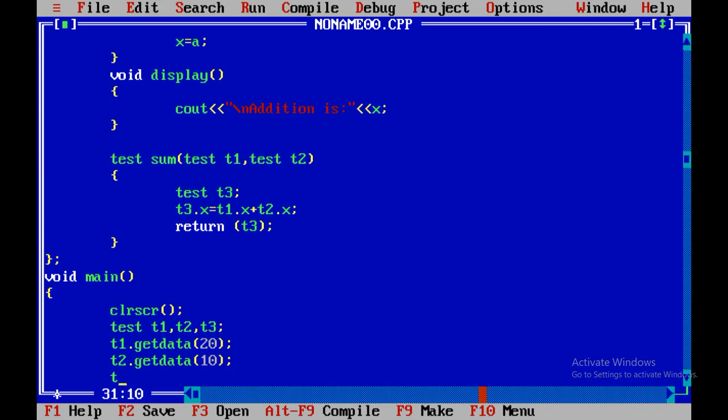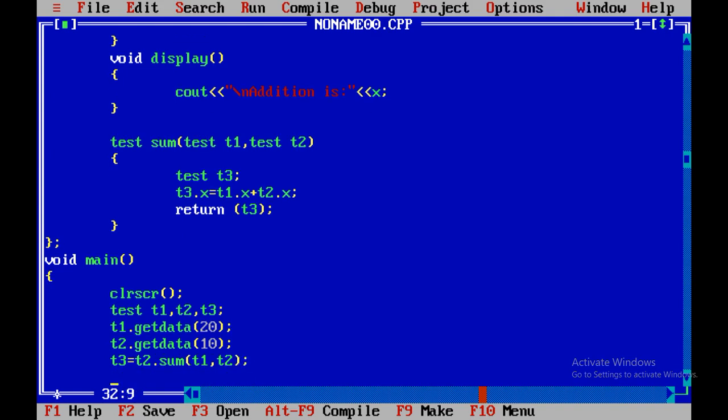Now we are going to call the functions t3 equals to t2 dot sum, in that I am going to pass t1 comma t2. Now t3 dot display.